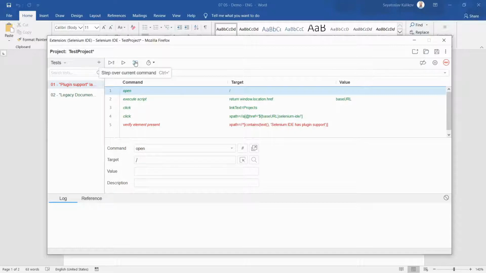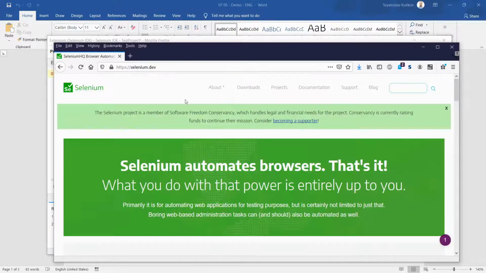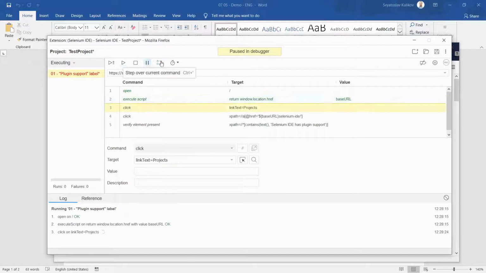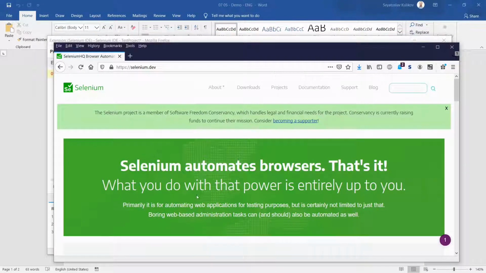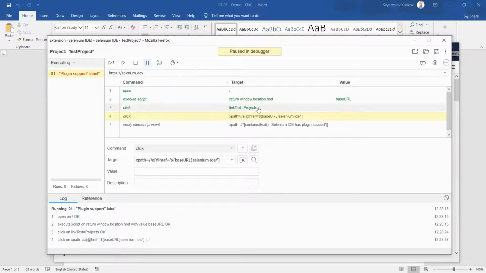We shall use this tool. So here the original page was opened. Here the script was executed. We see nothing special on the screen, but this value was stored into this variable. The next command is about clicking on the projects link.